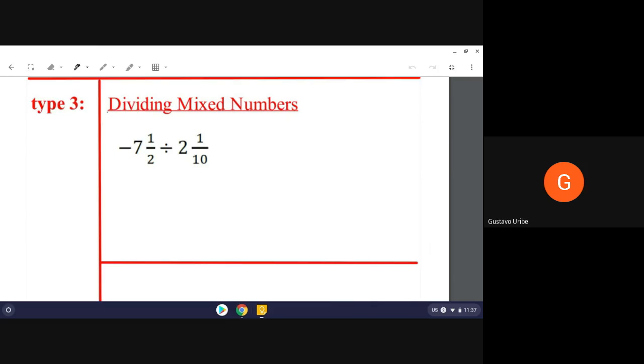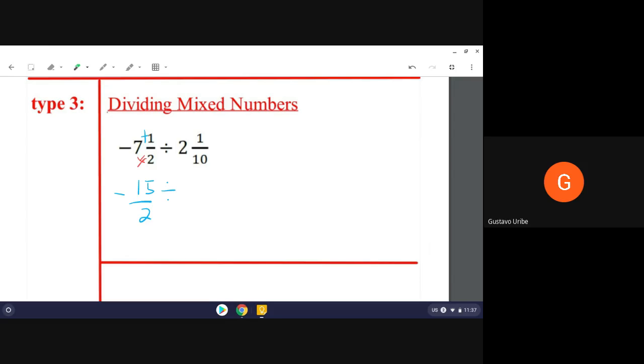So as a quick reminder, to do that, you take the whole number and we are going to multiply it by the denominator. And then once we have that, we are going to add the numerator. And this I want to stay the same. So let's put that negative here. 7 by 2 is 14. Adding the numerator, so plus 1 gives you 15 halves divided by, let's do the same thing over here,